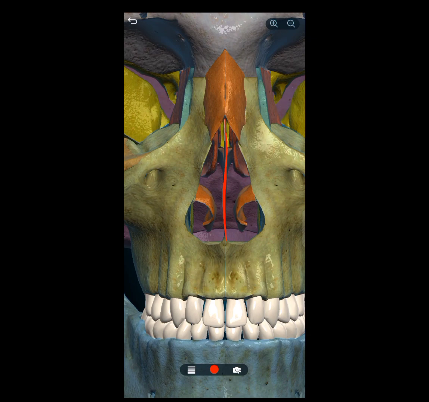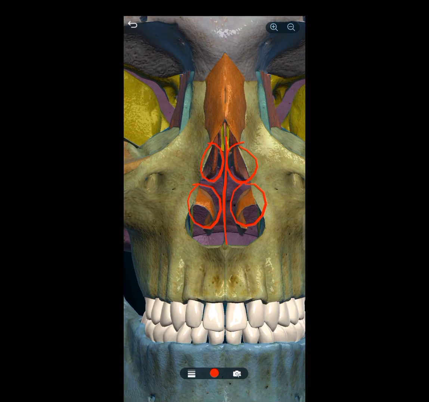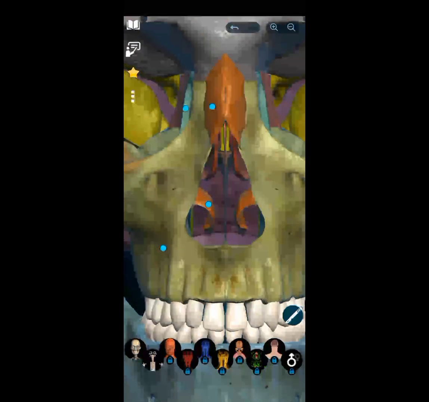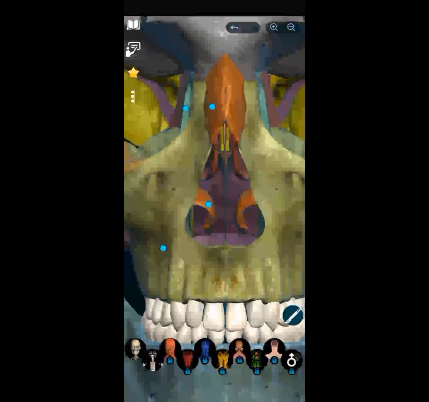And when we see the inside of the bone, we see these four projections which are coming from inside to outside. These projections are called conchae. Basically, these conchae are part of the ethmoid bone, which is found at the base of the skull, while there is another concha, the inferior nasal concha, which is not part of the ethmoid bone, but is a separate bone that we have discussed in our earlier lecture.